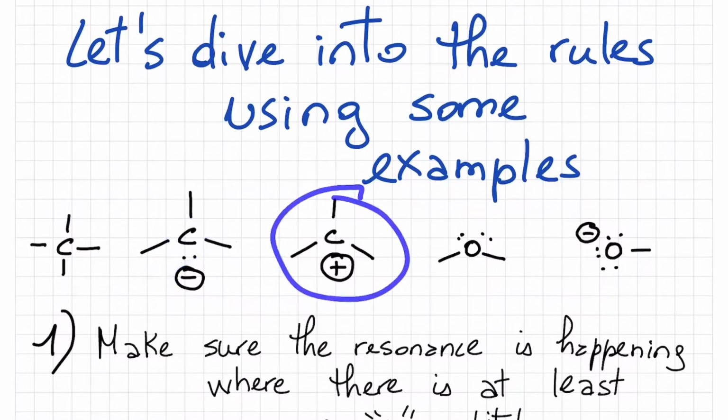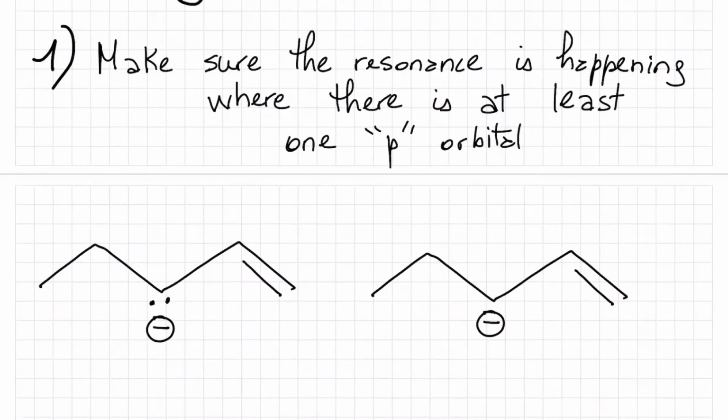Or in the case of a carbon missing one electron, it can only make 3 bonds and has a positive charge, a carbocation. Again, simple thing to know. Anyway, let's move on. First thing first, make sure the resonance is happening where there is at least one p